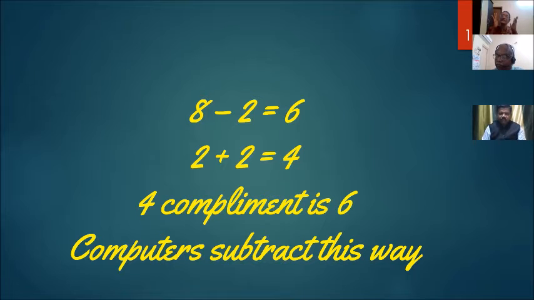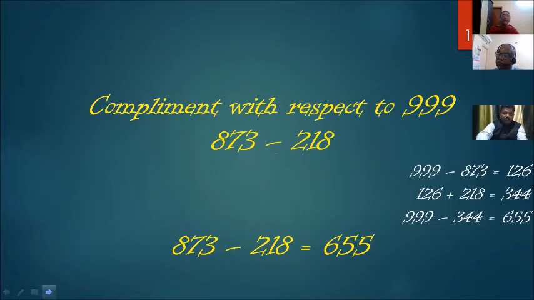The computers, the microcomputer and the mini computer in the calculators, perform this kind of operation and are able to predict the correct answer. It can be extended to complements of 100, 1000, 999, 99, and so on. Now, let me share with you another example.